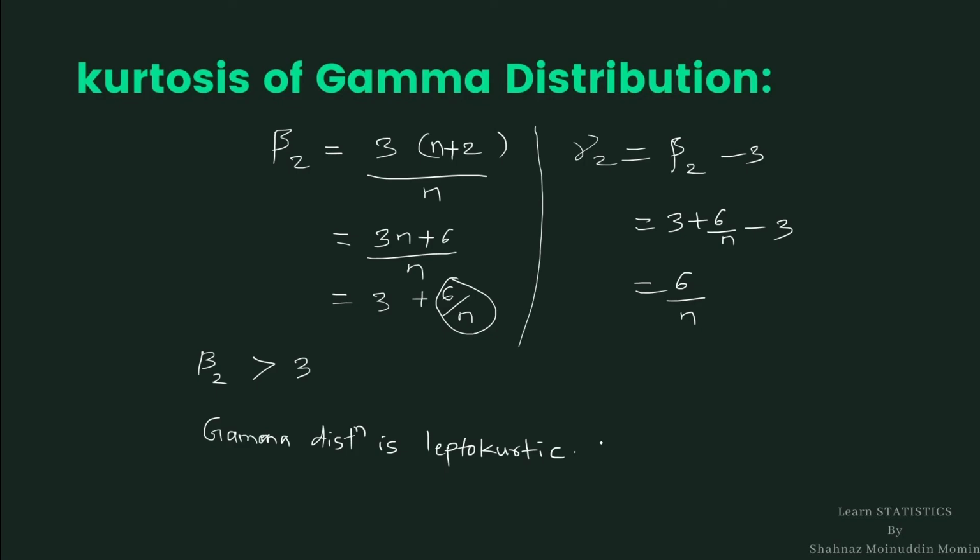In this way, in this topic, we learn what is skewness and kurtosis, and we have calculated the value of skewness and kurtosis for the gamma distribution. Further, from the values of the beta 1 coefficient of skewness and coefficient of kurtosis beta 2, we concluded regarding the gamma distribution that gamma distribution is a positively skewed and leptokurtic distribution.